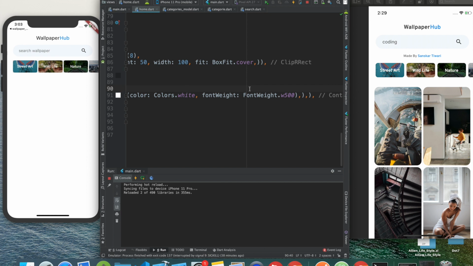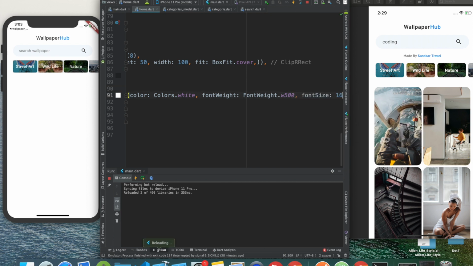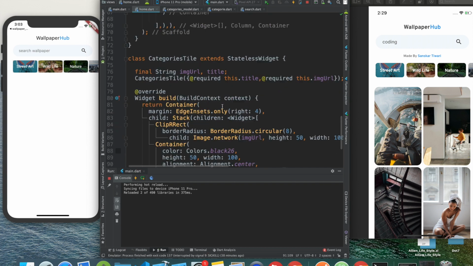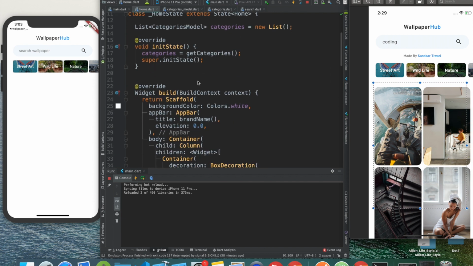As for the font, we also can provide some font size. What about 16? I think 16 is good enough. We can go for 15. Yeah, that's not a very big difference, but we have it done. Okay, so next up we want these, but before loading these wallpapers, we need to fetch that data from the